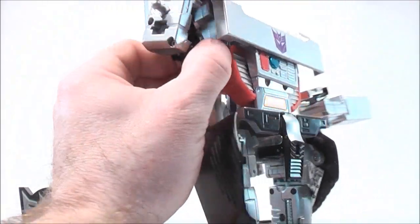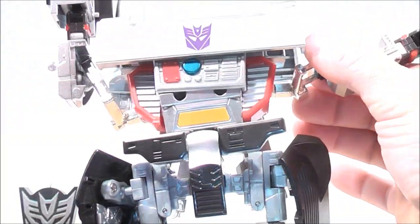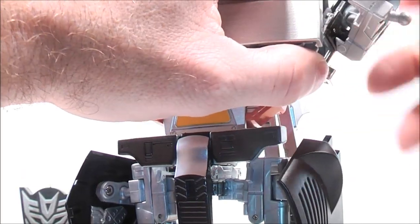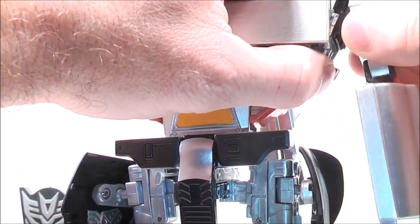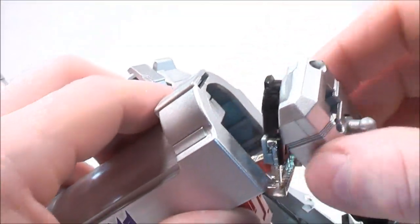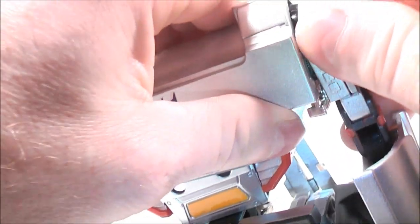just like that. And then, if I can show you, if you want to tab them in, you can just tab them in. Even if you want to bring the arms down, you can. That just tabs in. There's a tab right there, and there's a hole right inside here. You just want, if I can show you,